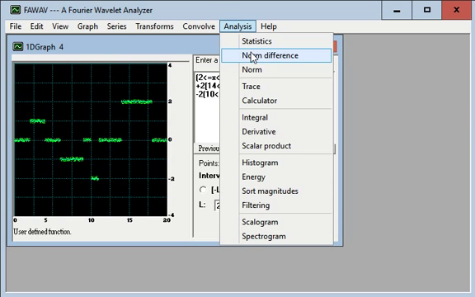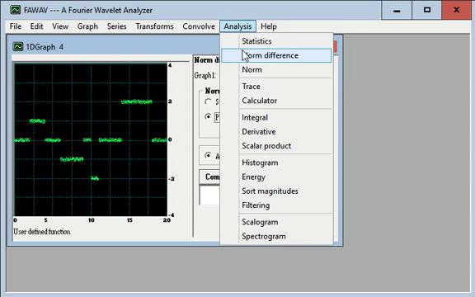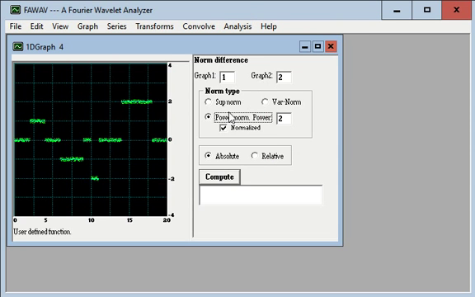Now, if we compute the RMS error, it's done by clicking Analysis, then Norm Difference, and clicking on the power norm of 2. And if we now compute, we get about 0.059 for the RMS error. Now to do denoising, we will transform